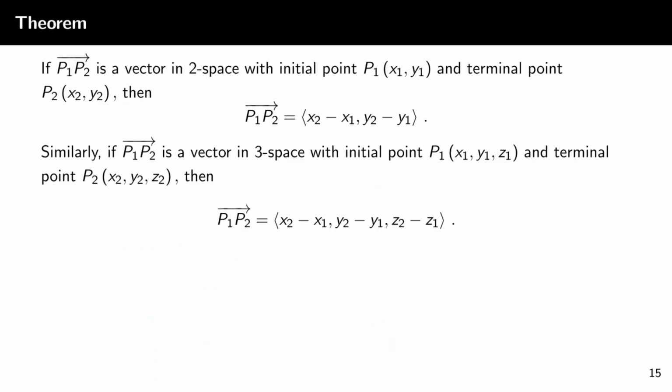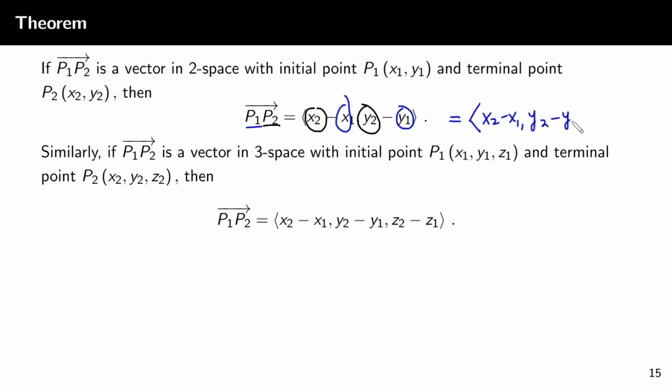Okay, so we have a theorem here. If the vector from P1 to P2 is a vector in 2-space, so we are in R2, the initial point has coordinates x1, y1, and the terminal point has coordinates x2, y2, then the components of the vector from P1 to P2 will be x2 minus x1, y2 minus y1. Now, the order of subtraction matters. The components of P2 should come first, and we subtract from them the components of P1. It's a bit covered, so let me write it again: x2 minus x1,